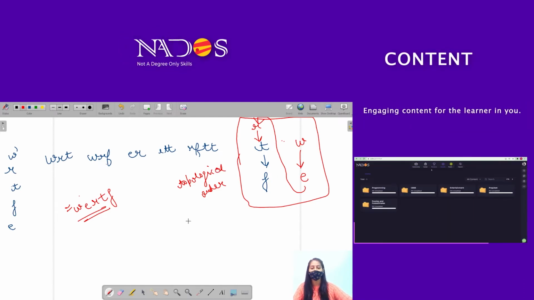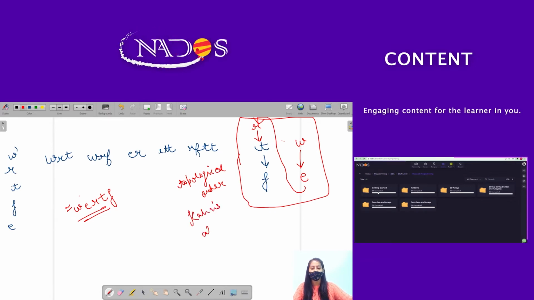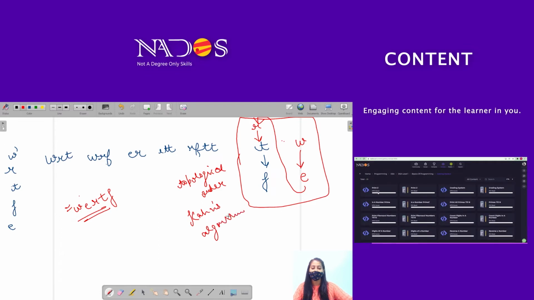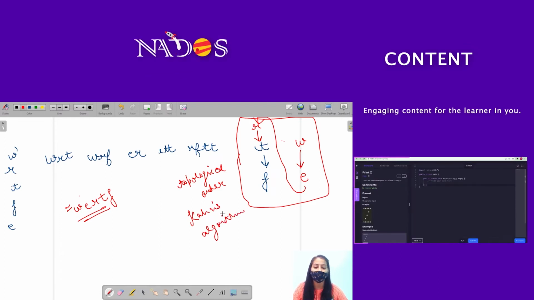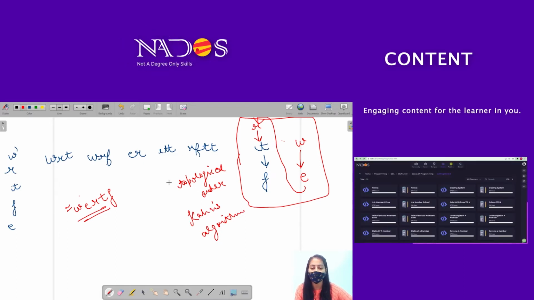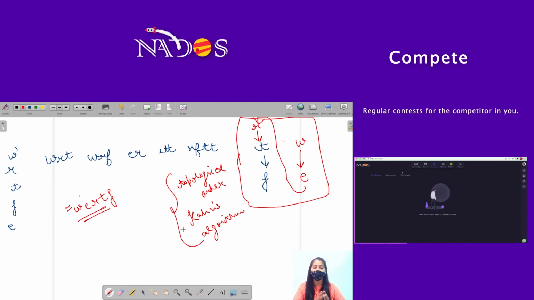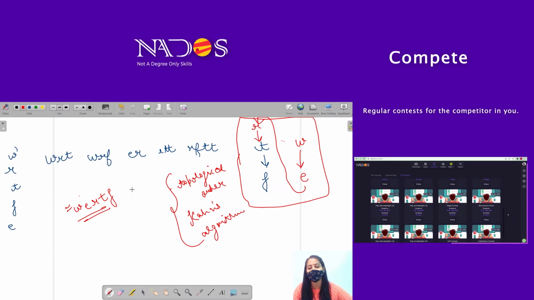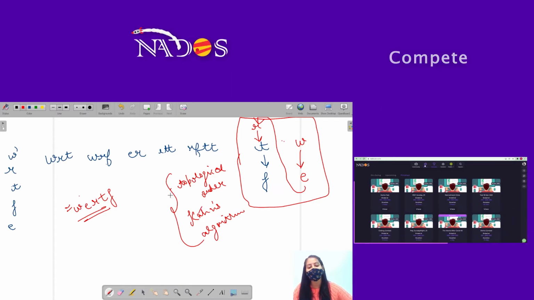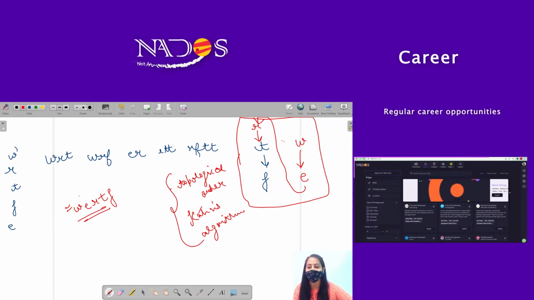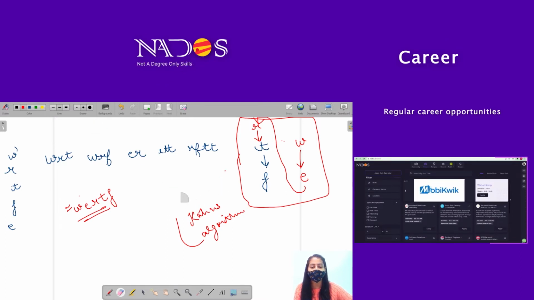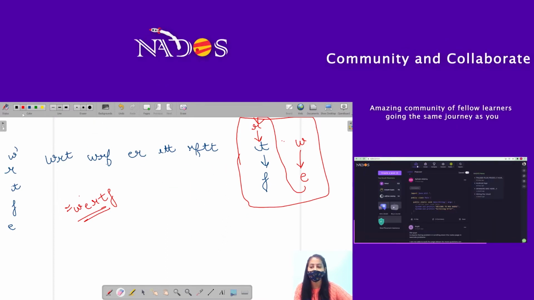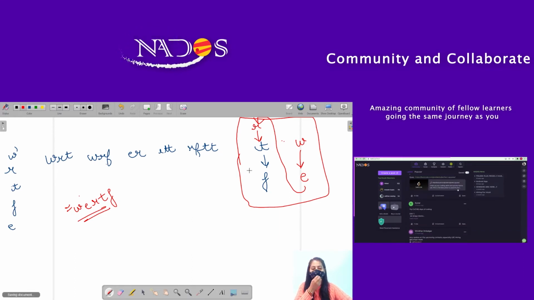To find the topological order of this graph, we are going to use Kahn's algorithm. Now, if you haven't watched the video of Kahn's algorithm, then I recommend you to please watch that video first and then come back to the solution of this question, because I am going to use the solution of Kahn's algorithm here and I am not going to explain the code again. So please watch the video of Kahn's algorithm first and then come back to the solution of this question. So we have to draw this graph and then we will find the topological order of this graph.